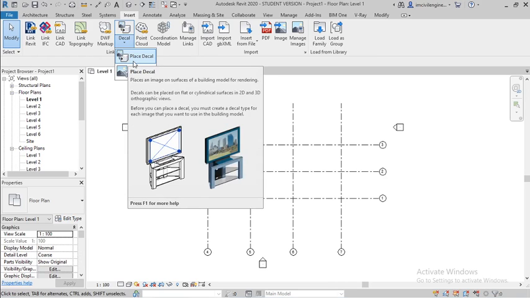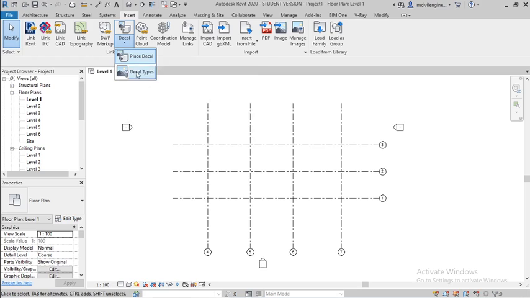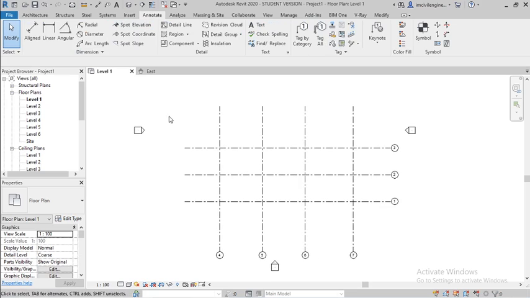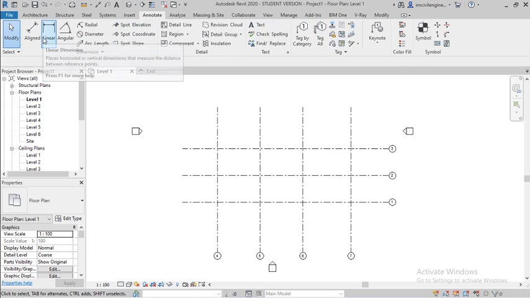Place the image on the surface of the building for rendering. You have to place the image. Point cloud is also important, and importing the CAD, insert PDF, insert an image, load a family, etc. Annotate. Annotate is like a tool, drawing toolbars and